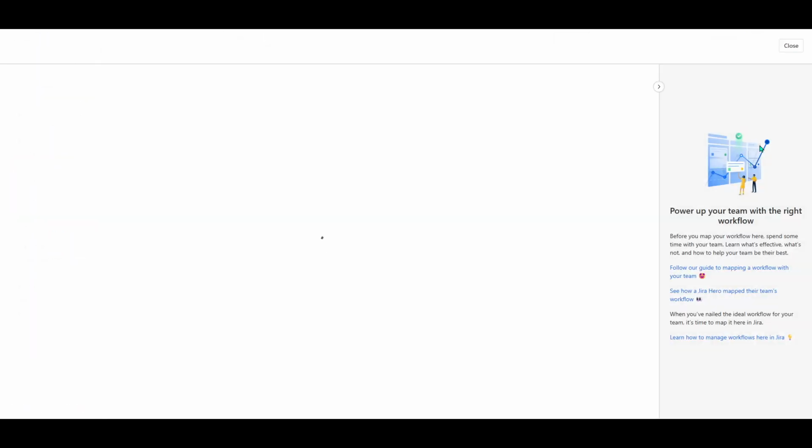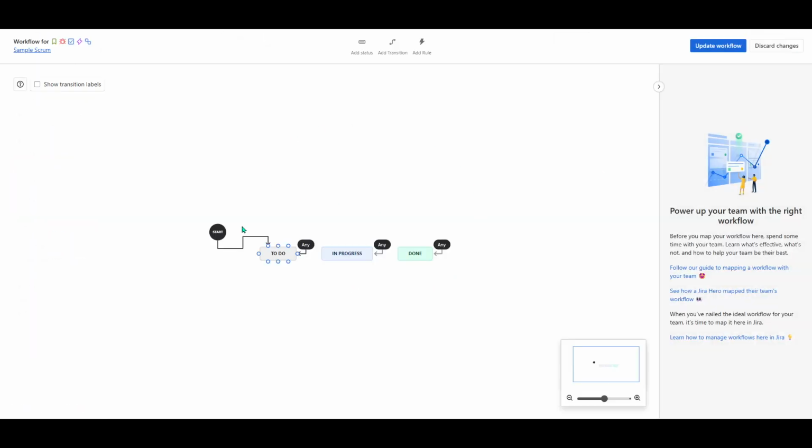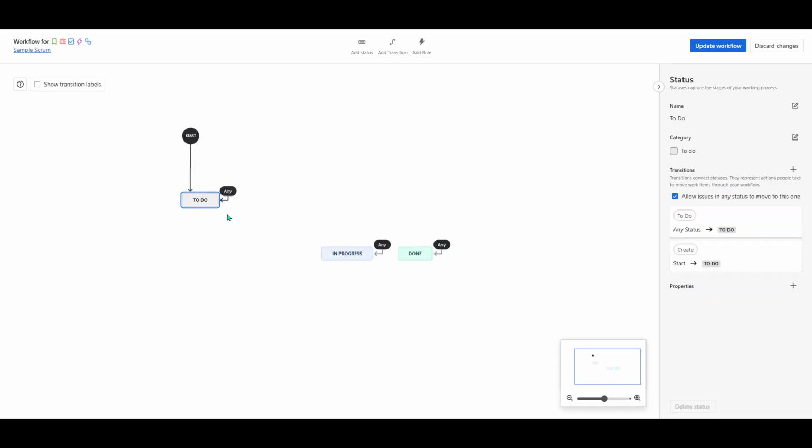Now, stepping into the management area, you're faced with a visual diagram representing your current workflow. This is where the magic happens. Jira gives you the ability to customize by simply dragging and dropping the elements within this diagram. It's a very intuitive process that allows you to arrange the elements in a way that makes logical sense to